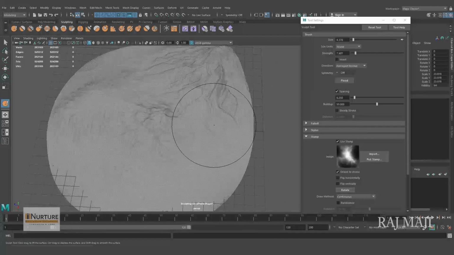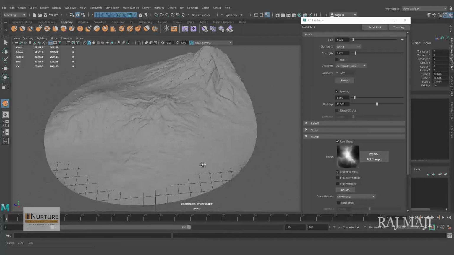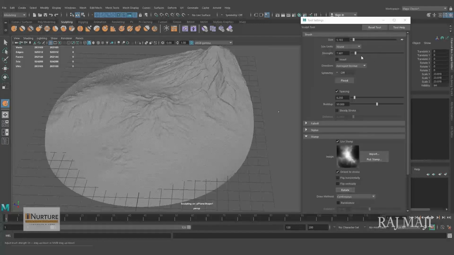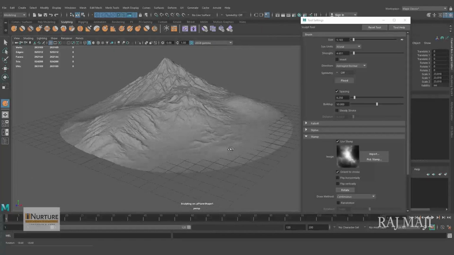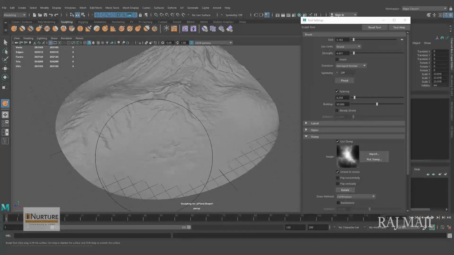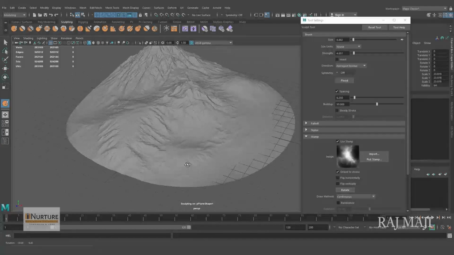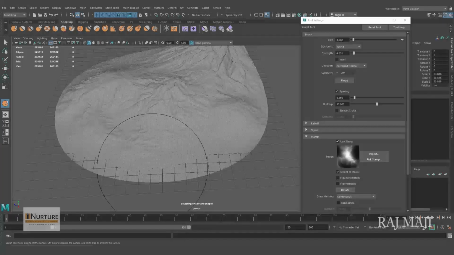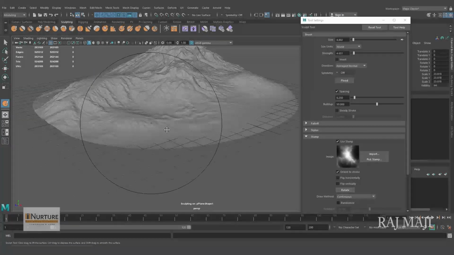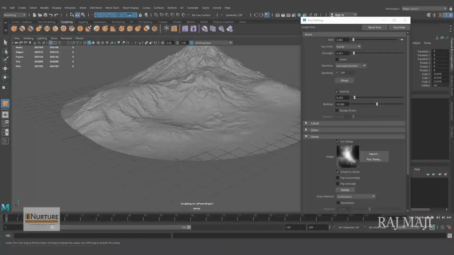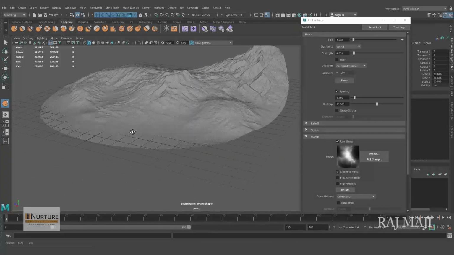So now maybe over here it is also too much, so reducing the strength more. Yes, I want it very less.